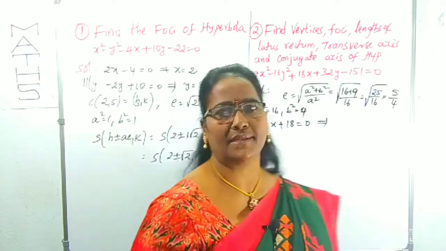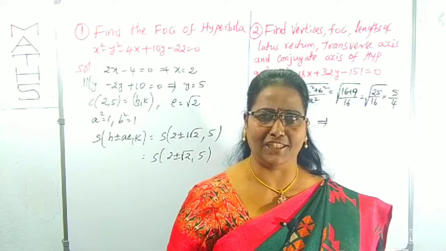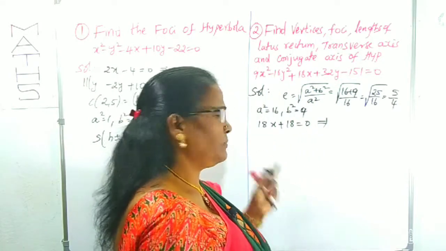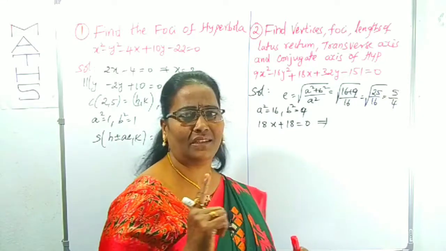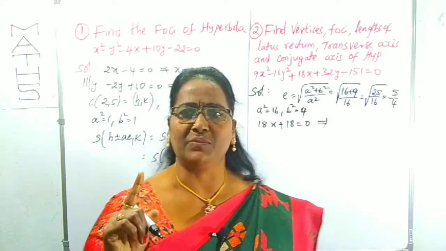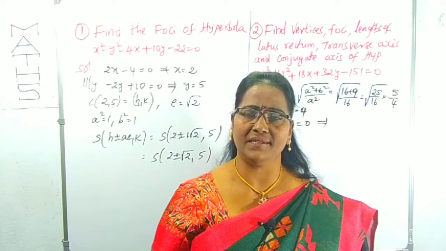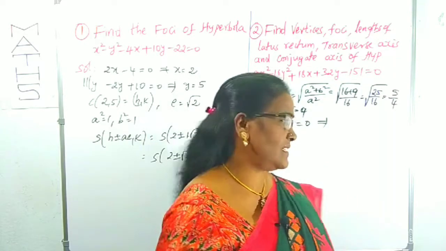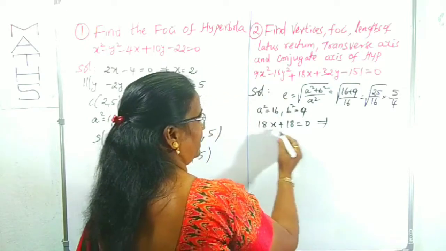Center and eccentricity, how can you find them? I did that in the lecture. We can watch that also, you can get a clear idea. Simply you have to differentiate the given function with respect to x, treating y as constant, as well as with respect to y, treating x as constant. That's it.